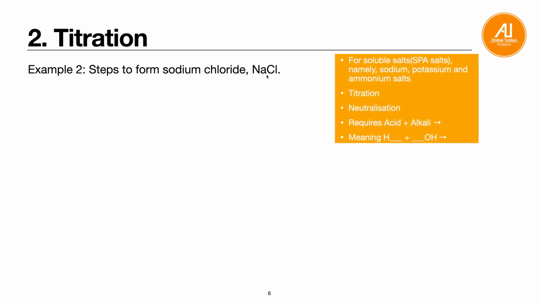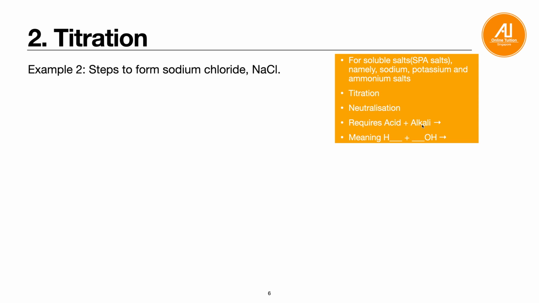Method 2, titration. Let's look at an example. Say we want to form sodium chloride, NaCl. So if you look at your solubility table, all sodium salts are what? Soluble. And then since it is a soluble salt, we'll do titration, which in other words is a neutralization,